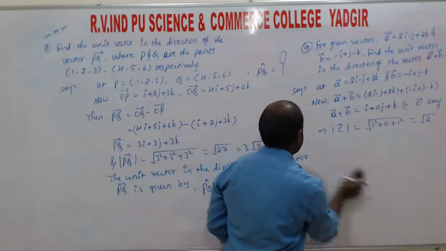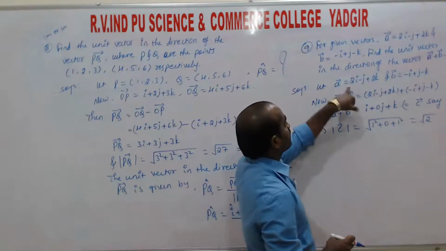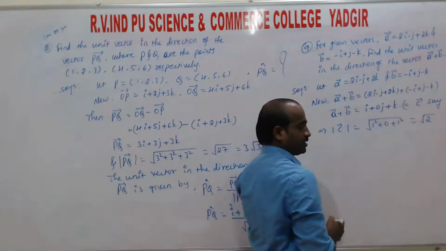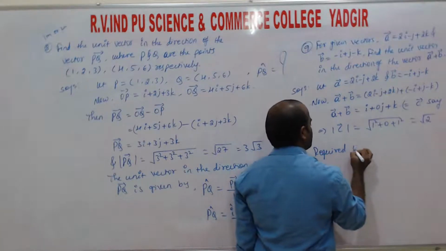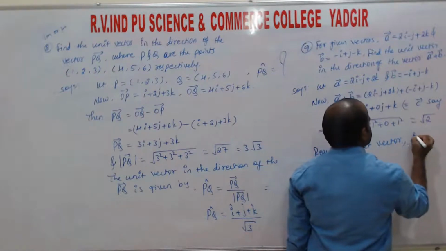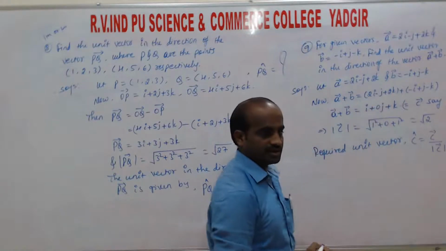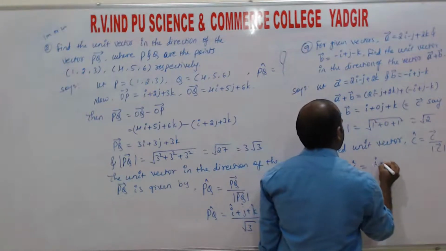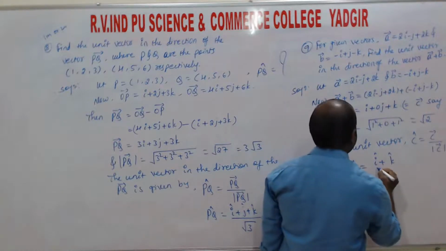Required unit vector is (a plus b) whole cube. Taking c vector as the required unit vector, c cap is equal to c vector divided by magnitude of c vector. Now c cap is equal to c vector, which is i plus k, divided by